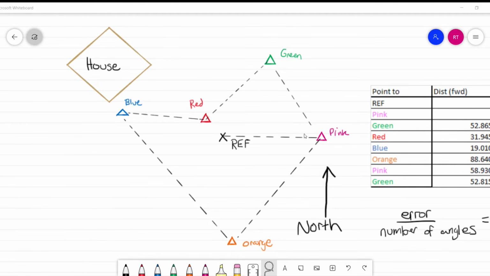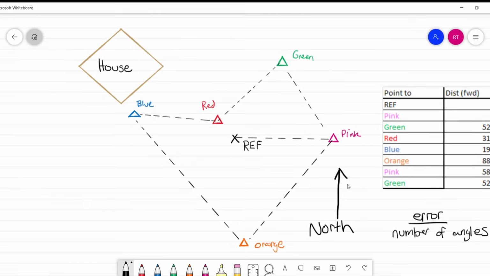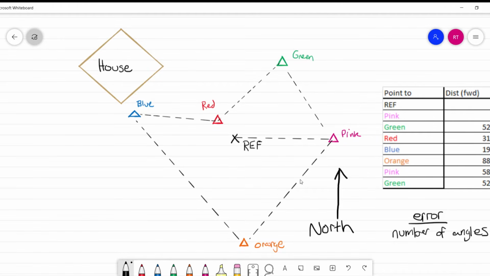Knowing where you are will help determine the location of your next point. So we know that the north arrow is pointing up. By knowing our orientation, this will help us determine where we're going to get to the next point. I want you to think about it like this. I'm going to draw something like this at every one of these points.